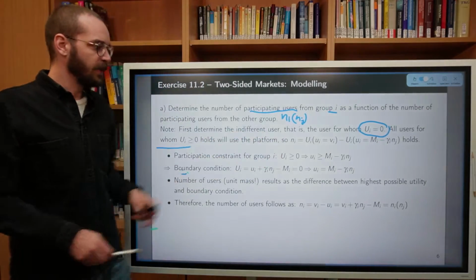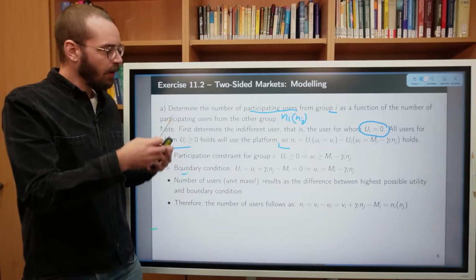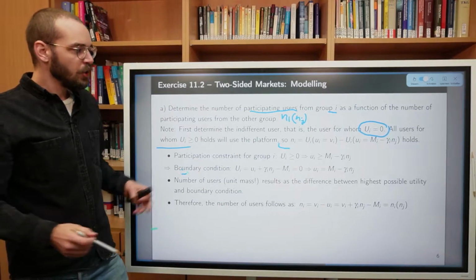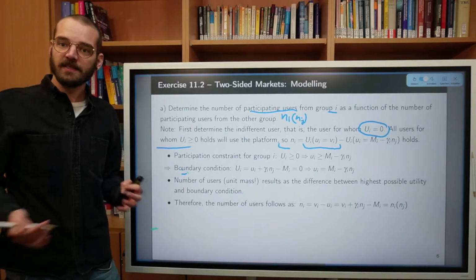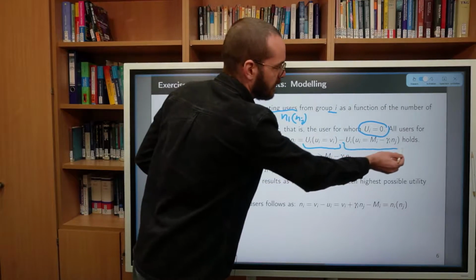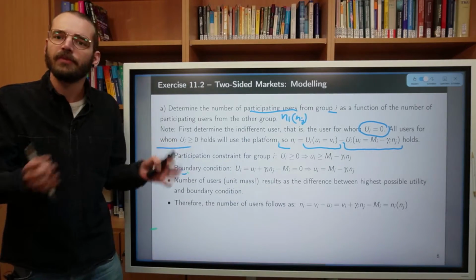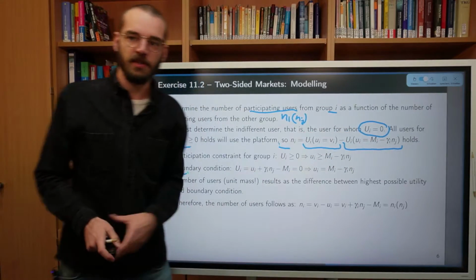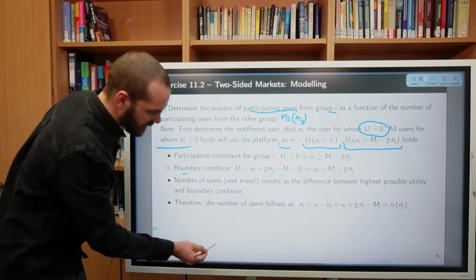Right, that's exactly what's written in this last half sentence. So the number of users of the platform from group I is exactly equal to the maximum utility that a user may get from using this platform, minus this marginal utility, the utility of the indifferent user. And the logic behind this is, well, consider